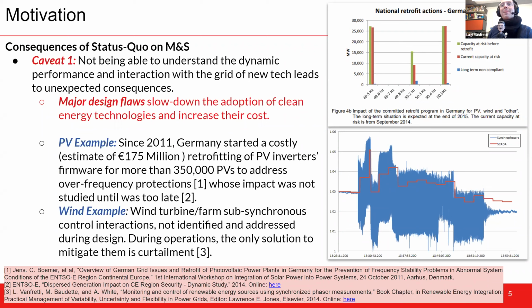The other example that I have for you is a topic that I have worked on since 2011, which is controller interactions between wind turbines and the grid. In the old days, this is similar to subsynchronous control interactions, but now you can get it subsynchronous, below 60 hertz, and supersynchronous, above 60 hertz. And the problem specifically in this case study, which you can find in this book chapter that we did, is that the control interactions were not identified until you got problems reported by customers.